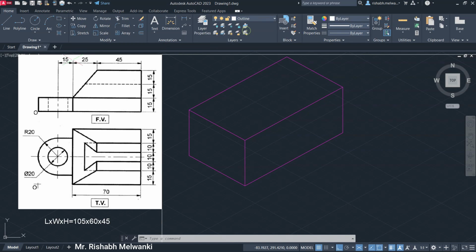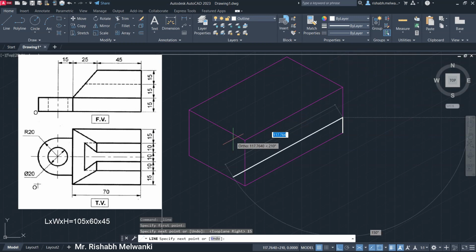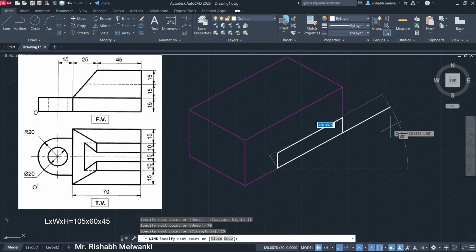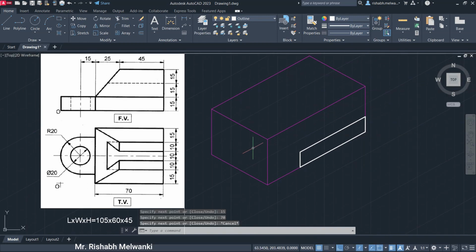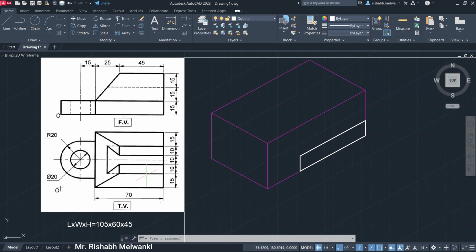So select outline layer, height is 15, press F5, 15, enter, length is 70, enter, 15, enter, 70, enter, escape. Next we will draw